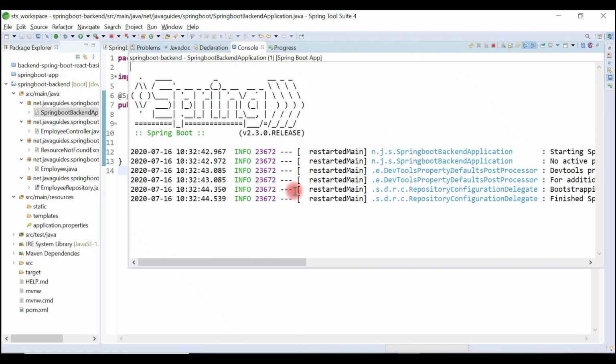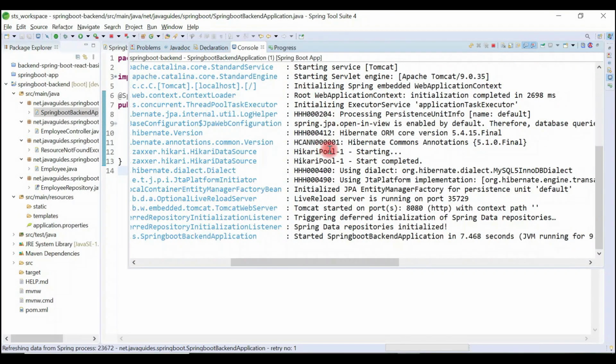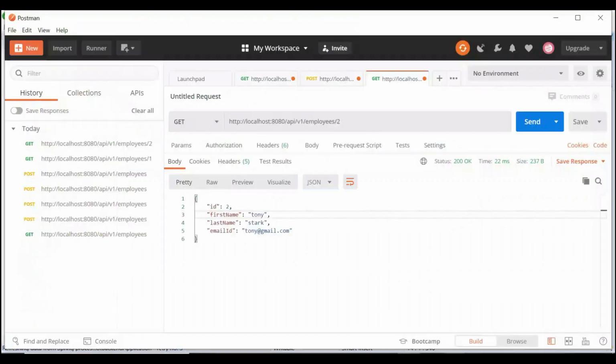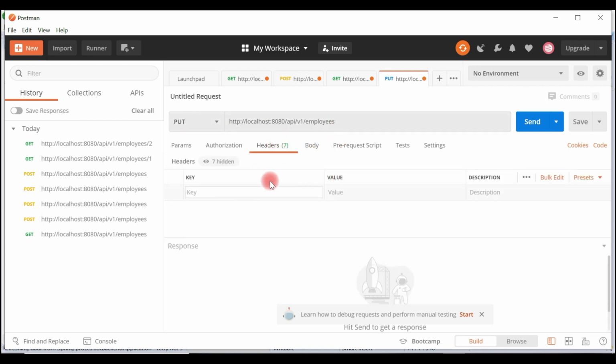Alright guys, Spring Boot application is running on Tomcat server on port 8080. Let's go back to the Postman REST client. Go to the new tab and just type localhost:8080/api/v1/employees, and this is the update REST API. So select PUT HTTP method and go to the header, and we are sending JSON as a request body, right? So for that, let's use content type